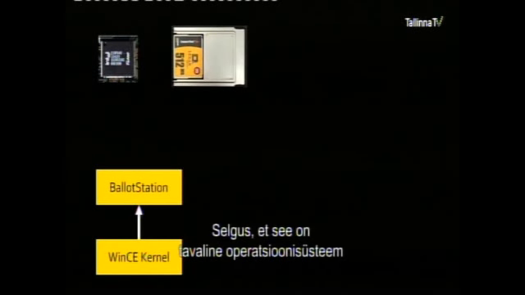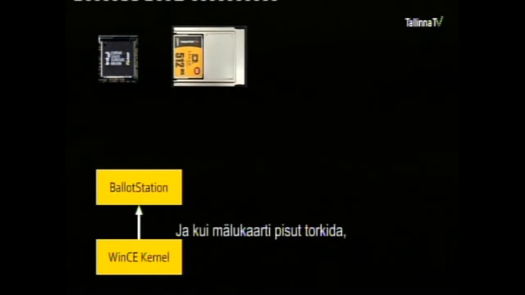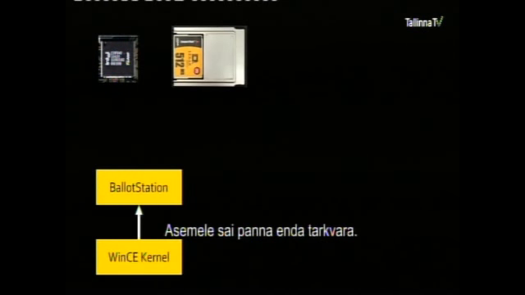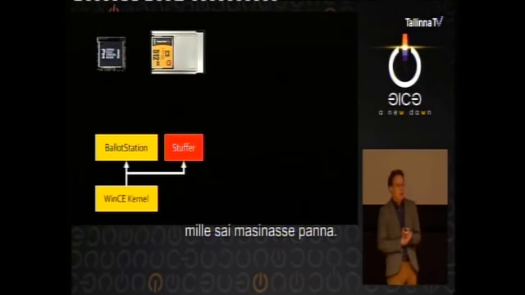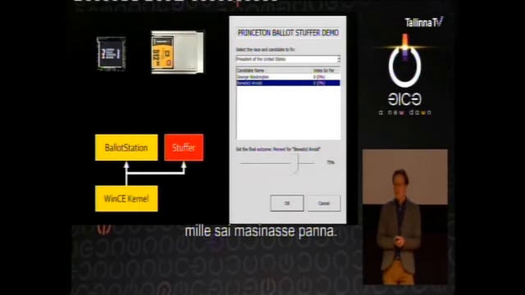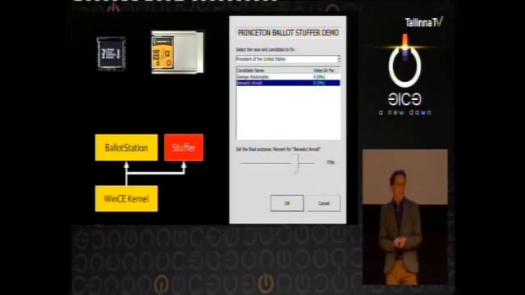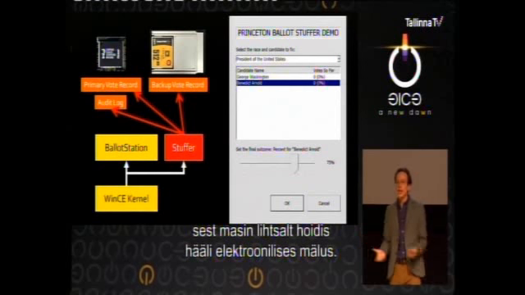So it turned out that it was just a normal operating system kernel and an application that read and totaled the votes. And by doing some funny things with the memory card, you could cause the machine to replace its software without any cryptographic checks with whatever software you wanted. So we came up with an application called the Stuffer that you could load into the machine. It would present a nice UI on the touchscreen, let you pick who you wanted to vote and by how much.